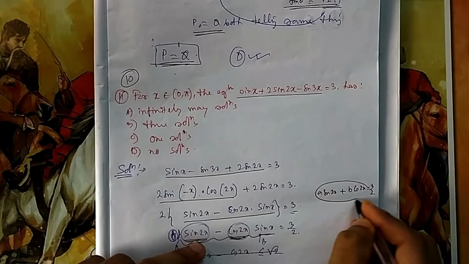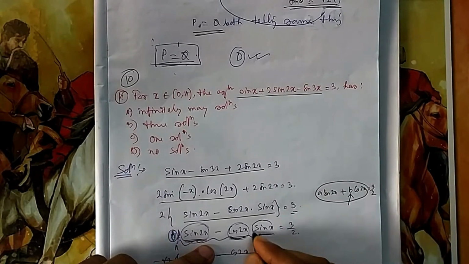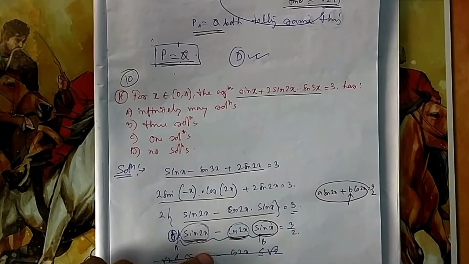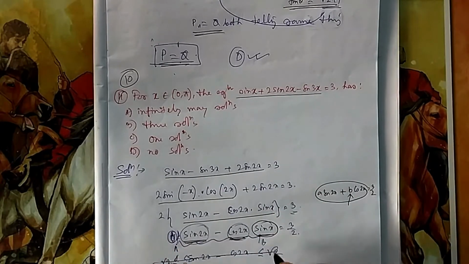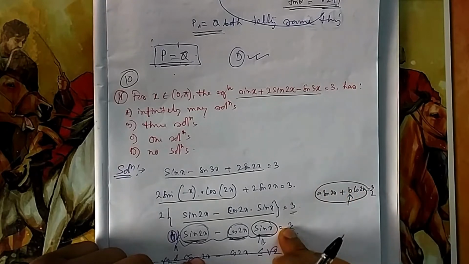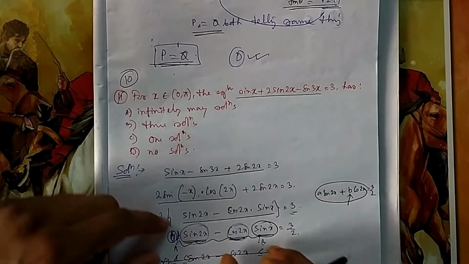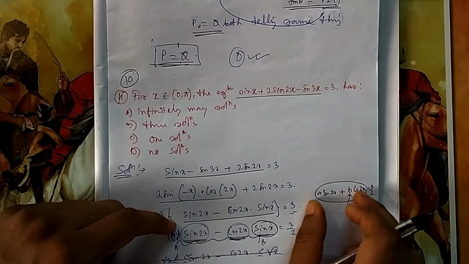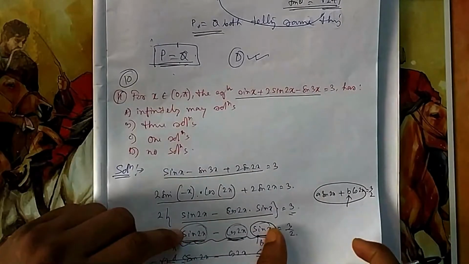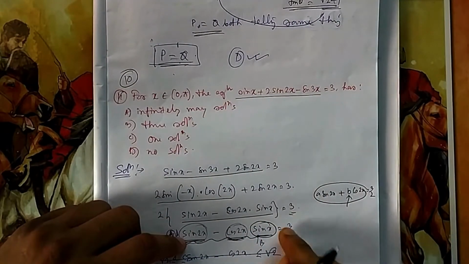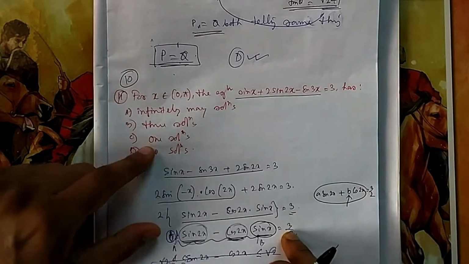So what is this expression? What is b here? b is sin x. You can think that b is sin x. So what is a? a is here 1. So it is a sin theta plus b cos theta equal to c, that format. So how to solve this format? For the left hand side, you think about what the maximum value and minimum value of this one is. Let me see whether it can reach 3 by 2 or not. If it cannot reach, then no solution will come.